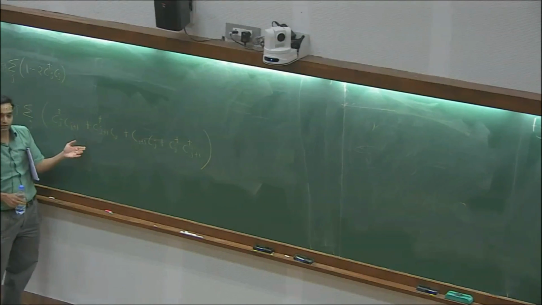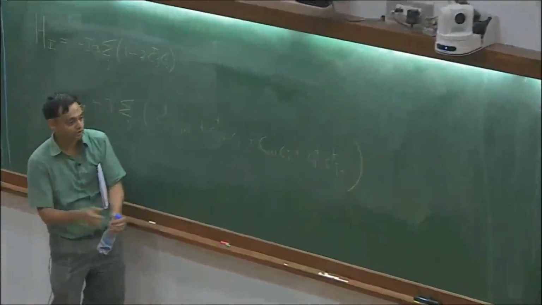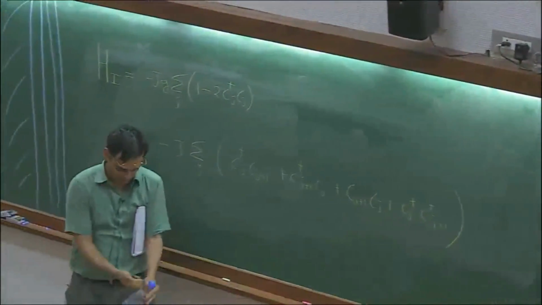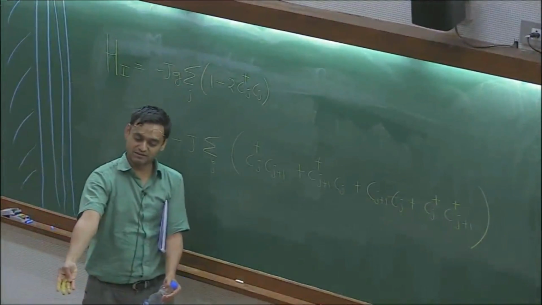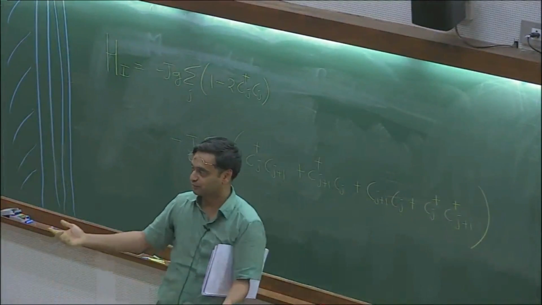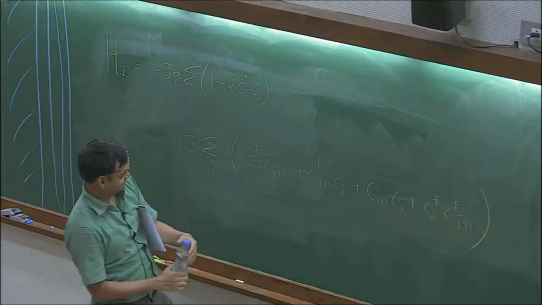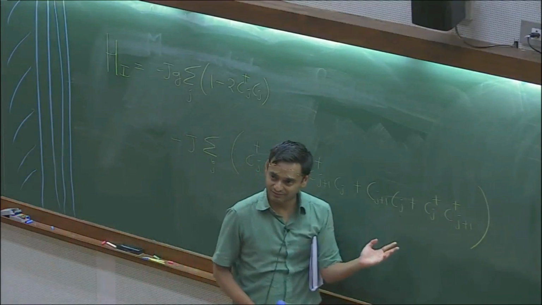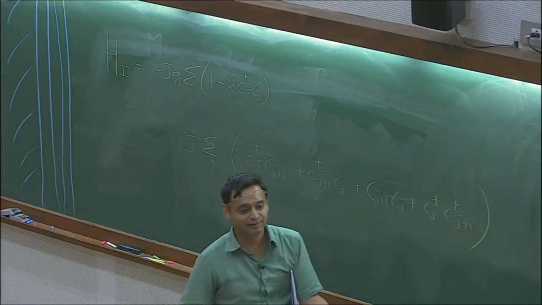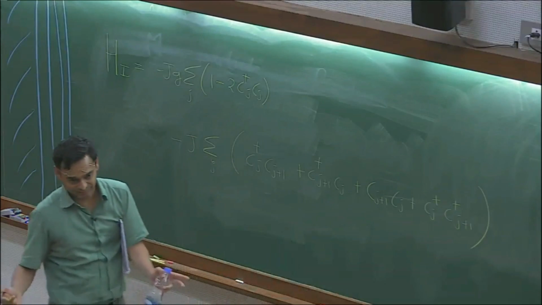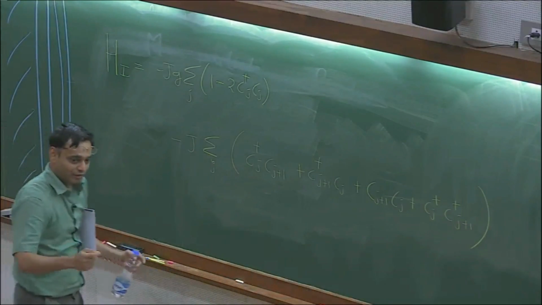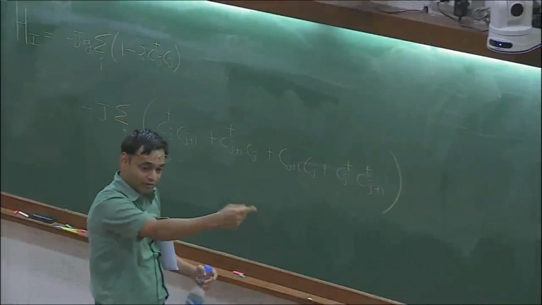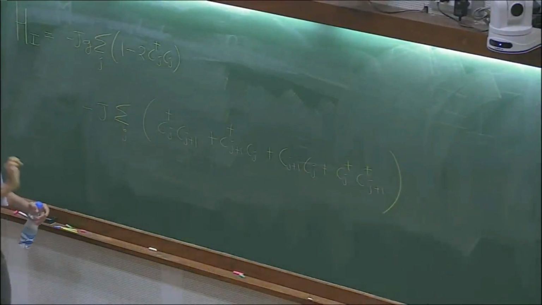Unfortunately, it's not a Hamiltonian where I can fulfill my original promise. I told you, let's write things in terms of fermionic operators. I'll get something, I can just look at it and say, aha, this is a free Fermi gas, right? And then I can use Fermi-Dirac statistics. This is a free gas, there's no interactions, but it has pair creation and pair destruction. So I can't immediately start writing Fermi-Dirac statistics for anything just yet, right? So we need to do a little bit more work, but before we do that, and that little bit more work is also a little bit algebraic, let's go back and ask, where's that Z2 symmetry of spin flip in this language?